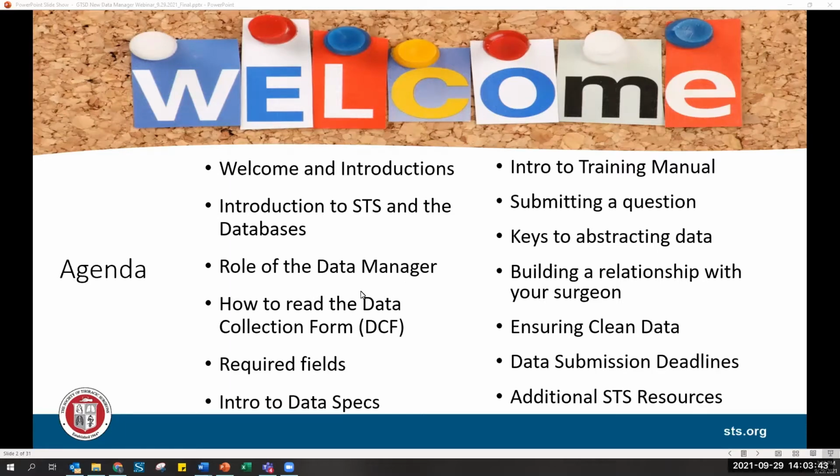Next we'll roll into how to read the data collection form. We'll go over required fields. We'll give an introduction to the data specs, an introduction to the training manual. We'll go over submitting a clinical question. We'll cover keys to abstracting data. We'll discuss building a relationship with your surgeon, how to ensure clean data. We'll review data submission deadlines, and then lastly,